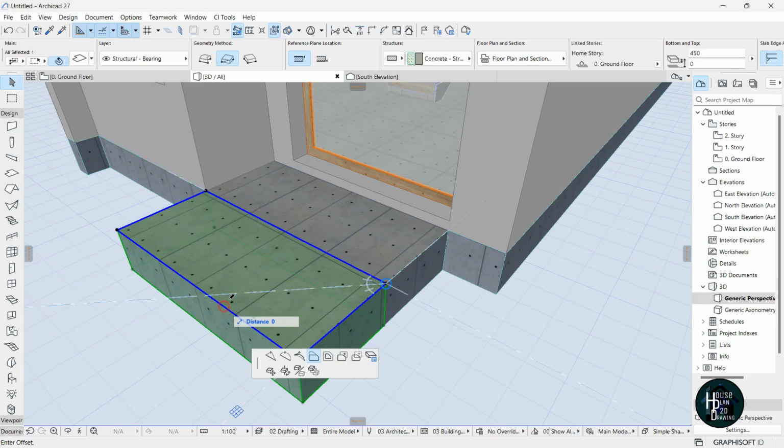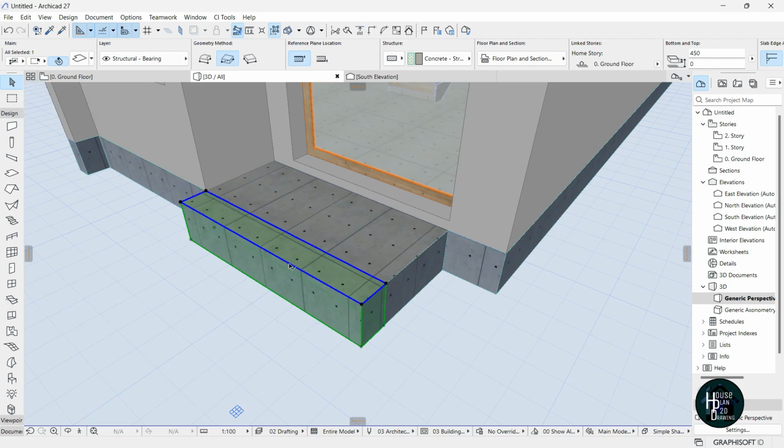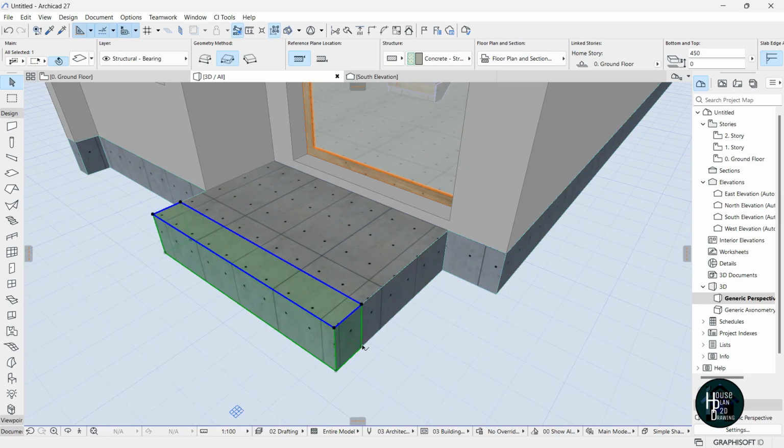So I'm going to click this and give a distance of 650. Click enter, and that's going to give me from here to here now 300. Okay, so I'm going to do Ctrl+Shift+D again, click this and move it to the side here. But before you do that,